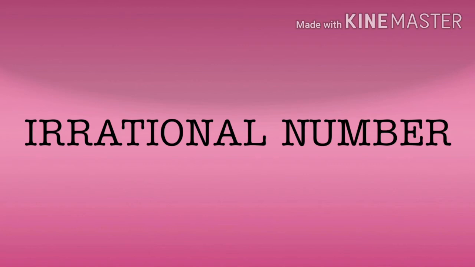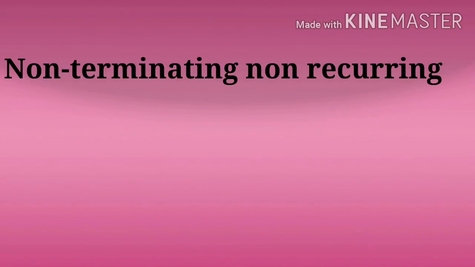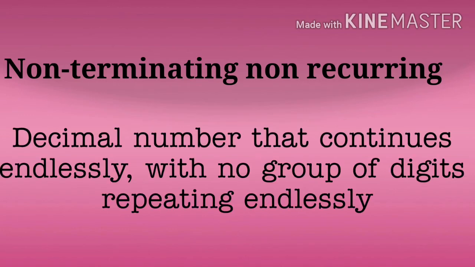Irrational numbers means non-terminating, non-recurring. Terminating means ending. Recurring means repeating. So non-terminating, non-recurring means what? A decimal number that continues endlessly